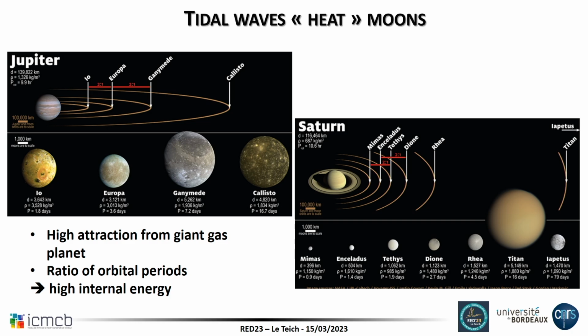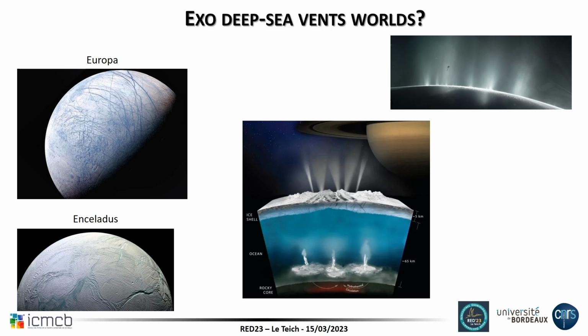So basically, if Io is turning once around Jupiter, Europa is turning twice, and Ganymede is turning 4 times. And all this provides some tidal wave heating that can provide internal energy to these moons. And we are pretty sure now that you have an ocean world below an ice crust,